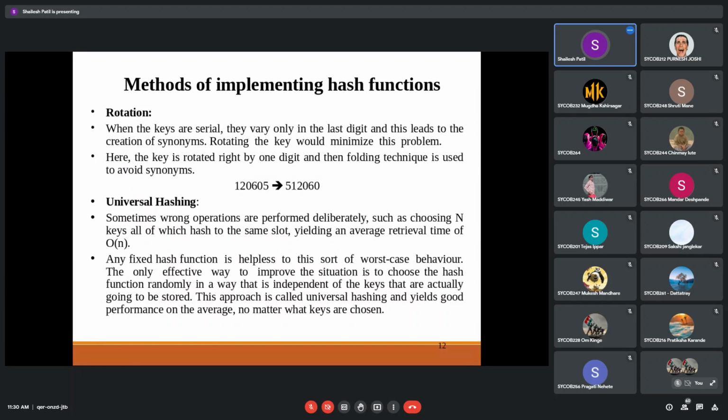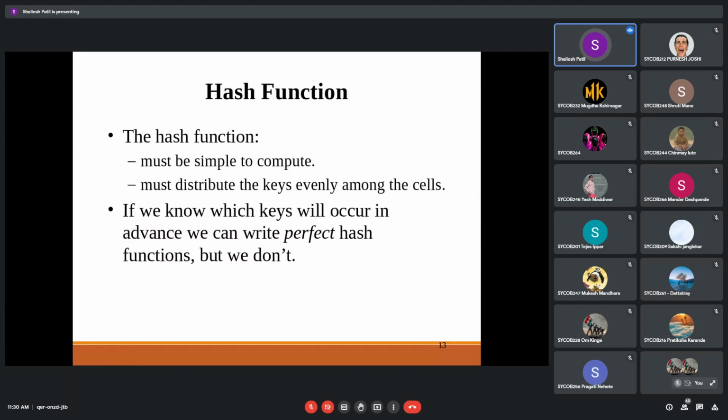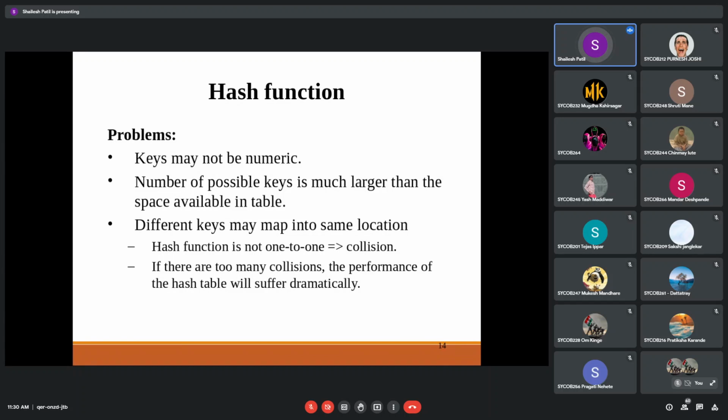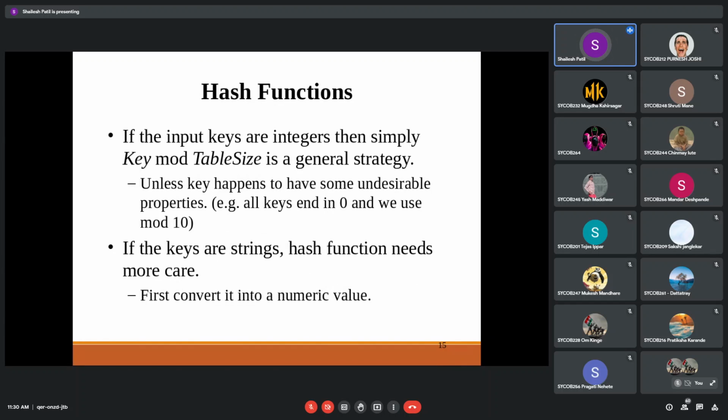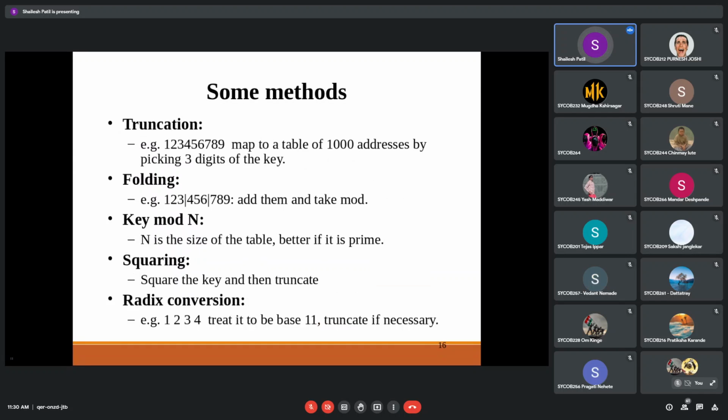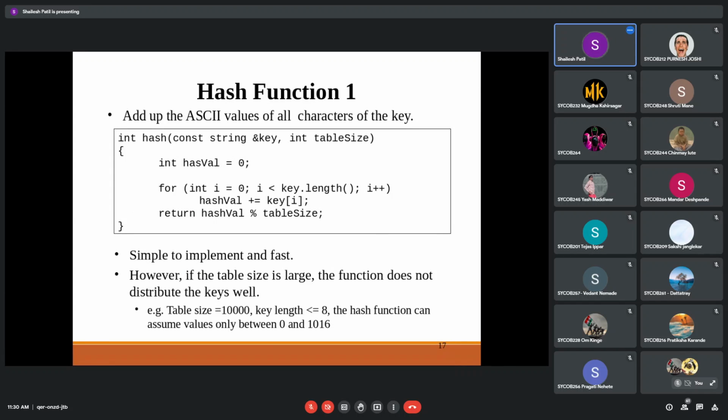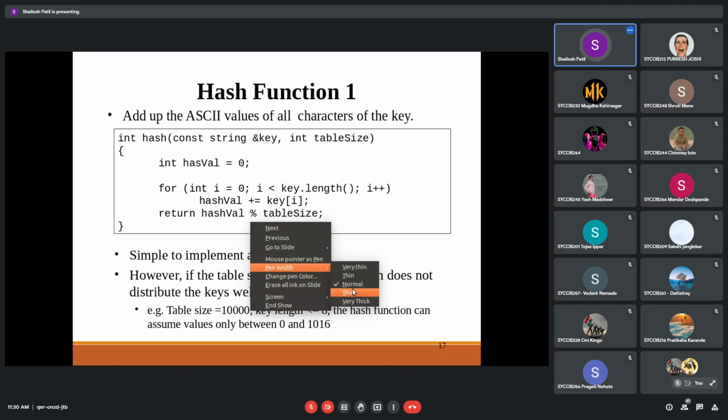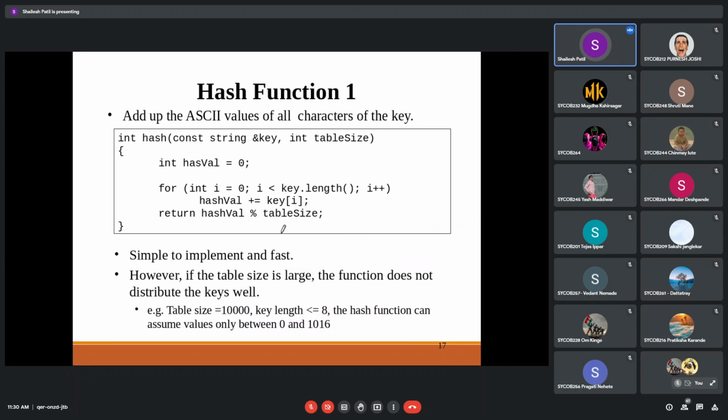So the next thing we have gone through is the hash function. We have seen why we use the hash function like this. We already used the hash function and these methods. These are some short algorithms we have for the key. So we can write these types of algorithms also. We'll have this particular one for the mod operation.